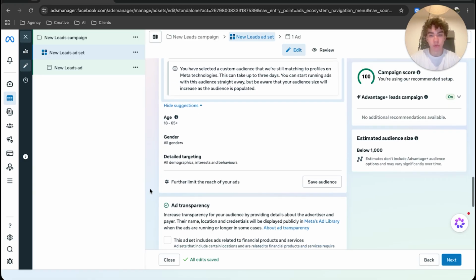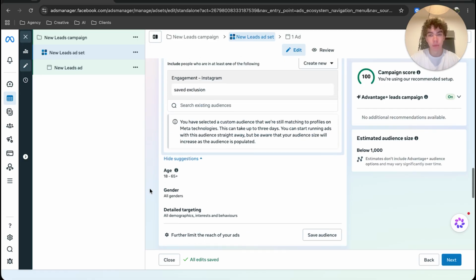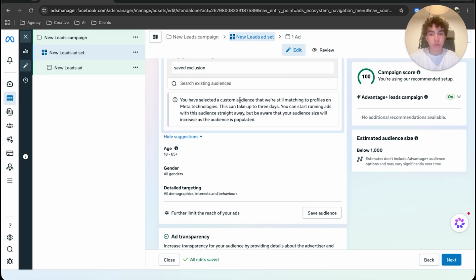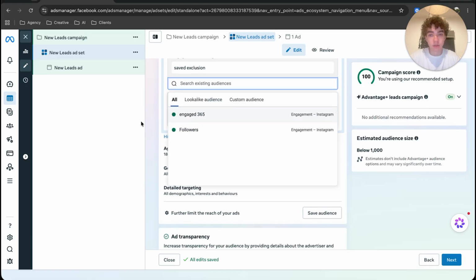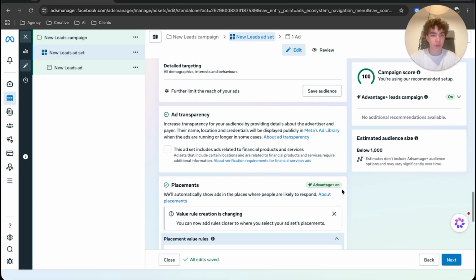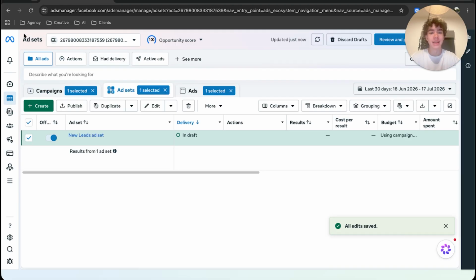And then simple, you go about everything the same, but you just know that it's going to be shown to people who followed you, people who message you, and Meta will take time. It can take up to 3 days to actually get the entire audience sorted because it needs to go through, in this case, your Instagram following and find them, list them,